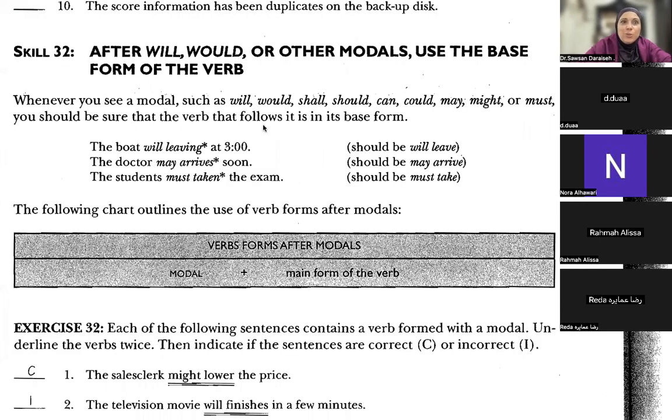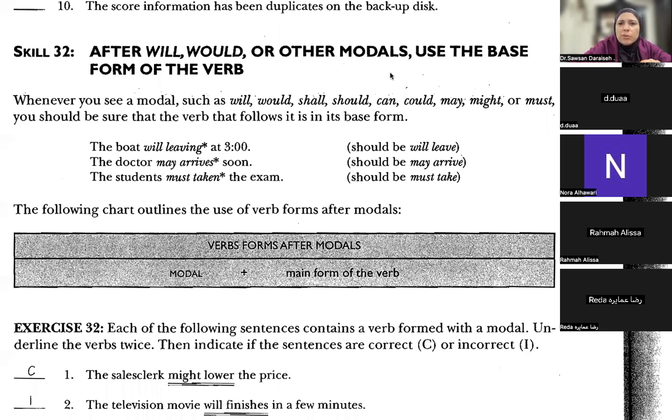So skill 32. Look, we're doing skill 32. Can you imagine? We've been working a lot, and we're already on skill 32. We've done some reading skills also, and we've done some written expression skills too. So that is really great. We're almost halfway, right? We're almost halfway, mashallah. So I hope that you also, in terms of knowledge and what you're getting, are more than halfway as well. So let's go to